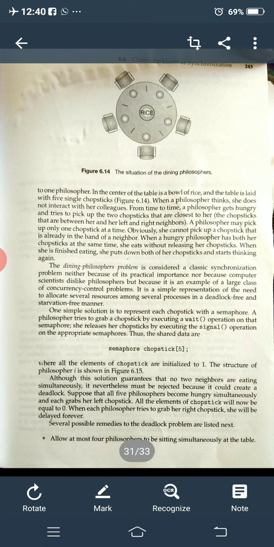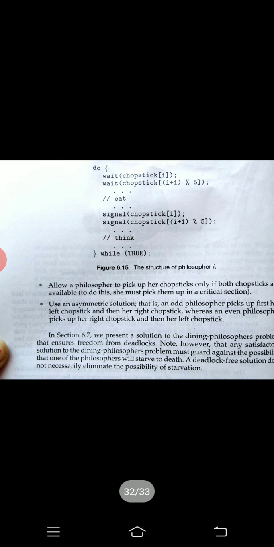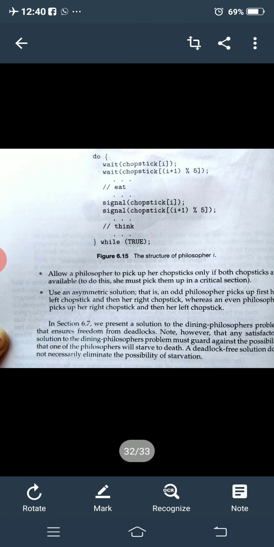So this is also one of the synchronization problems. To avoid this, we provide a few solutions. First, allow at most only 4 philosophers to be sitting. When 4 philosophers are sitting, 2 people can start eating at the same time. Next, allow a philosopher to pick up her chopsticks only if both chopsticks are available; otherwise no eating, you have to wait.